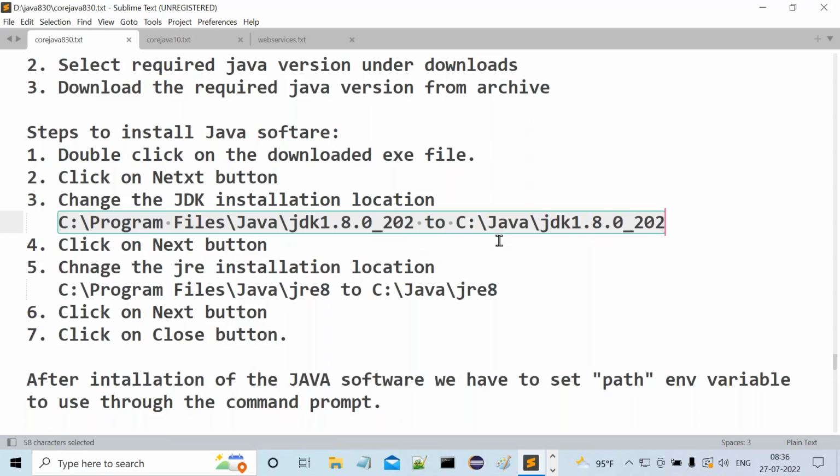Of course, as per our requirement, if we want to install the Java software under Program Files, we can install. That's okay, fine. But here my requirement is that I want to install the total Java software under a Java folder inside the C drive. Next button, then change the JRE installation location also. We change that JRE installation location also. Next, click on the next button. Then finally click on